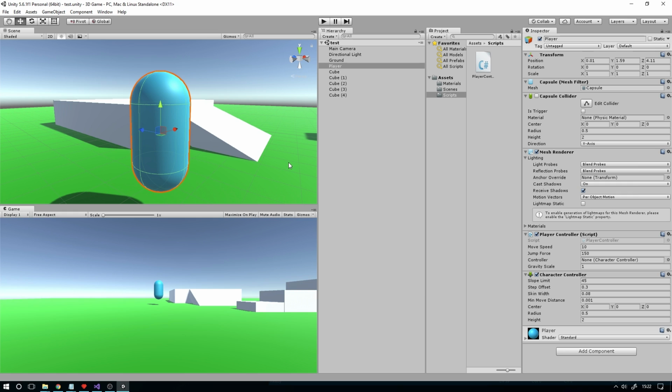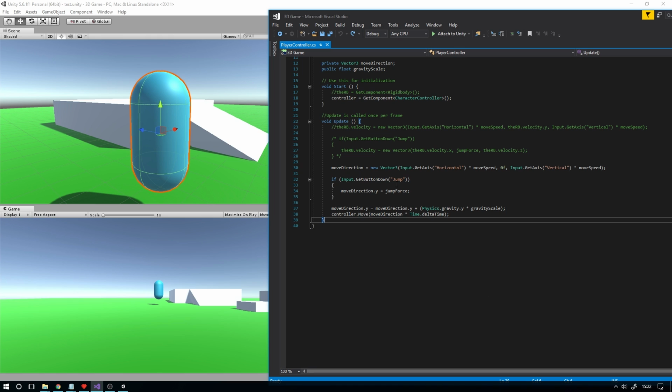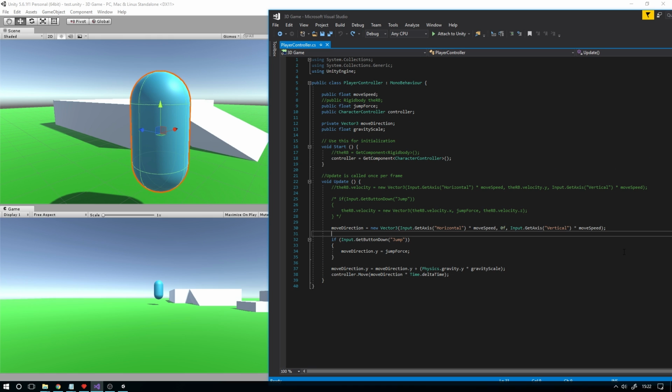First, we're going to fix the fact that the player is jumping around wildly out of control. Let's open up our PlayerController script. All we're going to do is take advantage of the fact that the character controller built into Unity has a way to check if it's on the ground. So all we have to do is create a new if statement around our jump function here. We'll just say if